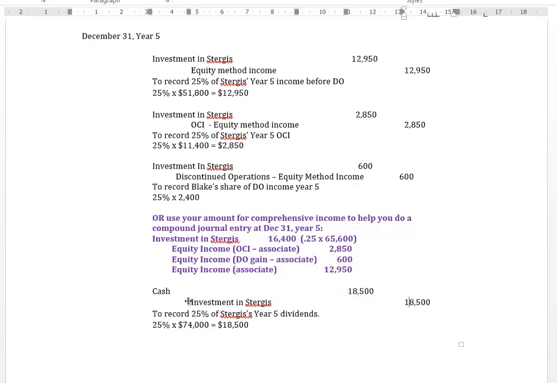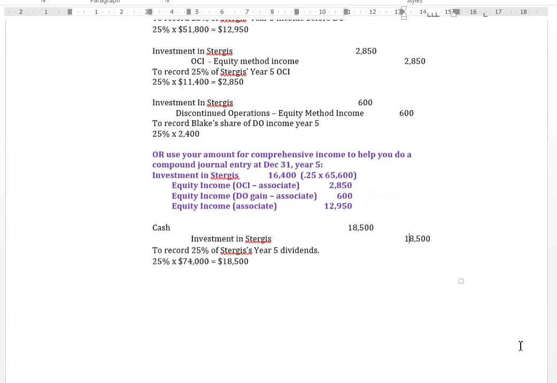This is a hallmark or key feature of the equity method. We would credit the investment in Sturgis, which is a balance sheet account, to record any dividend declared and/or received by us, okay, from an associated company. We would have to reduce our balance sheet balance for that investment in Sturgis account, because we're getting back that return. So it's considered a return on the investment. Okay, so now,